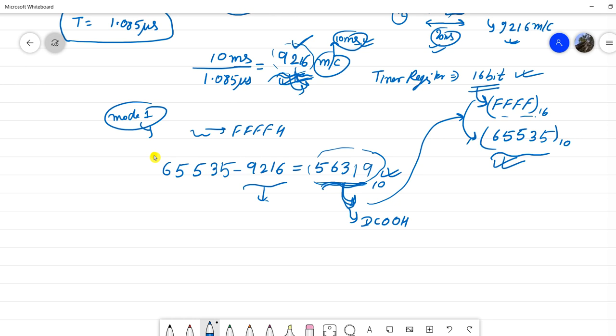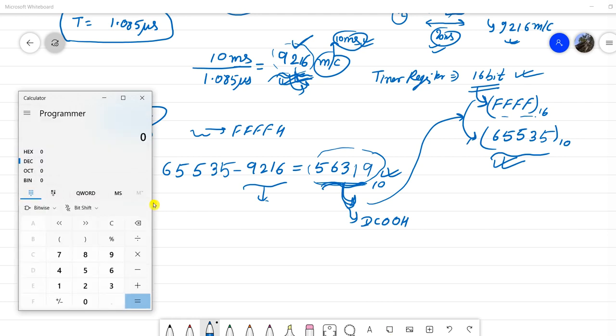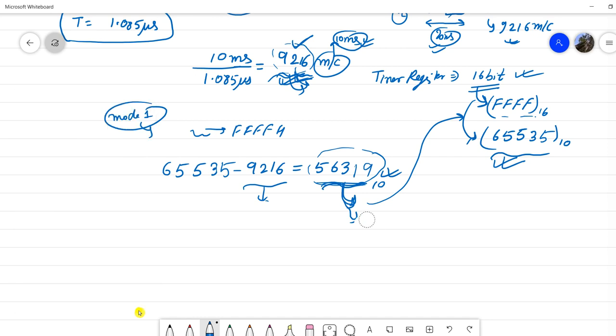And what will be the decimal and hexadecimal equivalent of this number 56319? We will check now. So we will go to the programmer and we will write the decimal value as 56319, and here we will get DBFF.